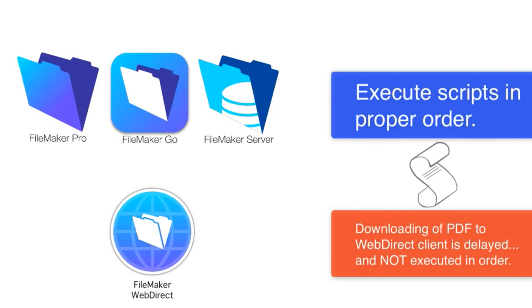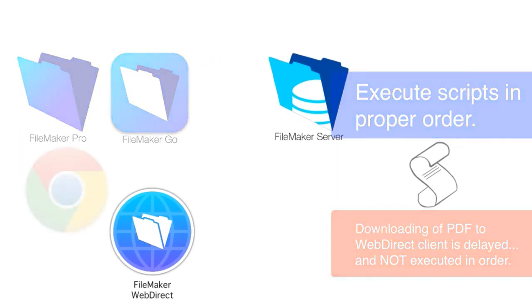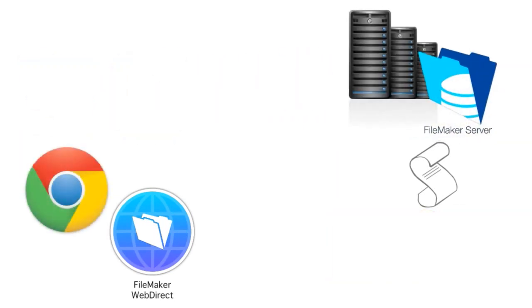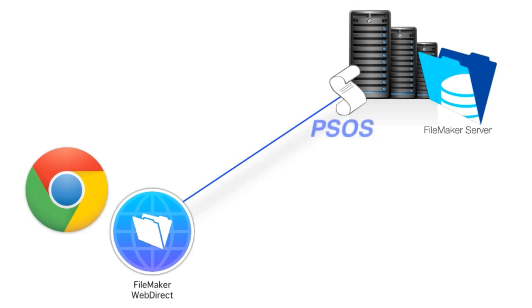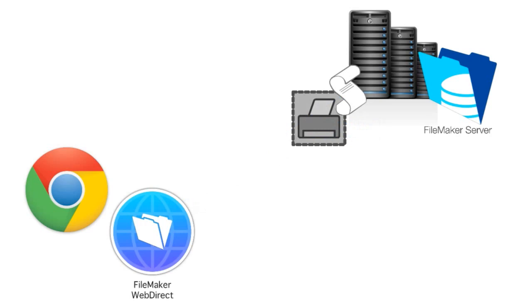So instead of relying upon a script that's running through WebDirect, which is kind of on the server but is kind of interacting with the browser, you tell it to run completely on the server. Now luckily, when FileMaker built the printing and PDF generation for WebDirect into the server, they also gave us access to it for server-side scripts. So PSOS and SASE, etc. can leverage the built-in PDF generation. FileMaker built this into the product, but they didn't just give it to us in WebDirect, they gave it to us in other areas as well. It's really great they did that because otherwise we'd be hosed,